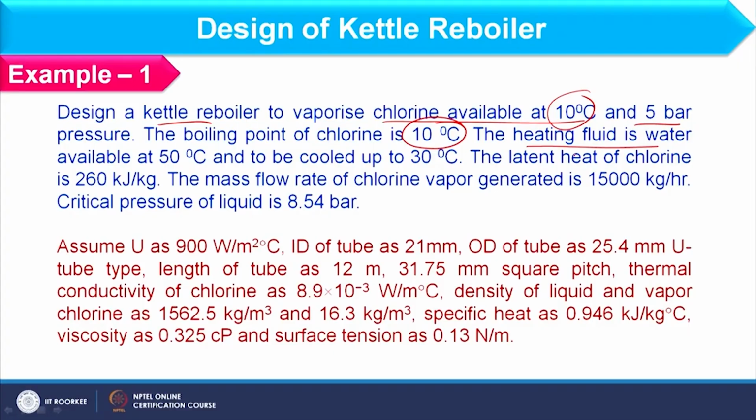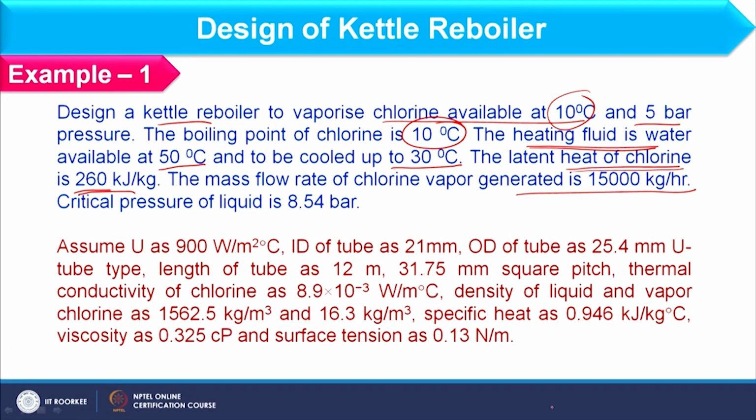That when the chlorine is entering into the kettle reboiler, no sensible heating is required, only the vaporization will take place, okay. So, to heat the chlorine we use water which is available at 50 degree Celsius and which is cooled up to 30 degree Celsius by providing its heat to the chlorine, right. So, latent heat of chlorine is 260 kilojoule per kg and mass flow rate of chlorine vapor generated is 15,000 kg per hour. So, you see here we have to generate 15,000 kg per hour of chlorine vapor with the